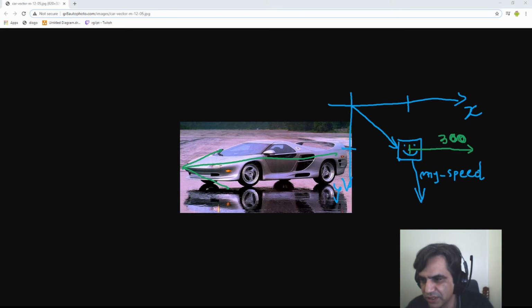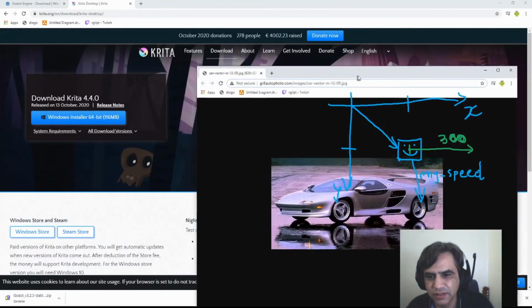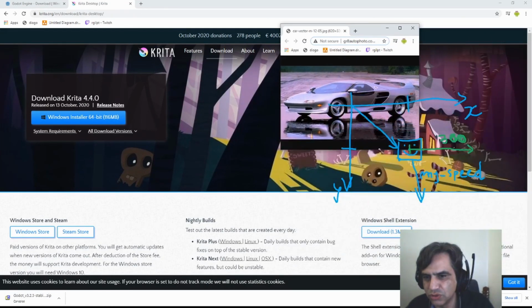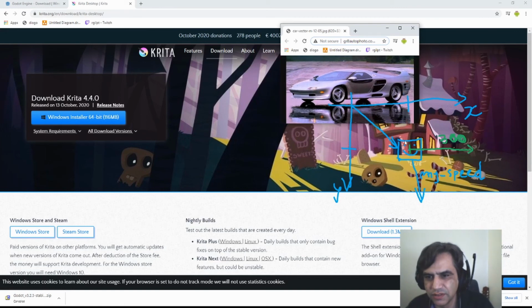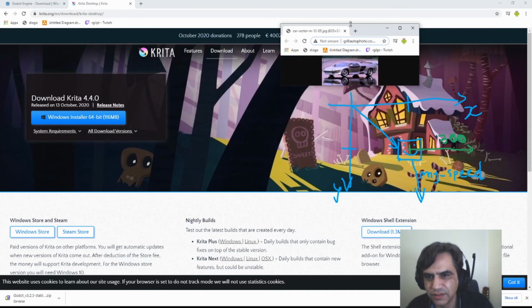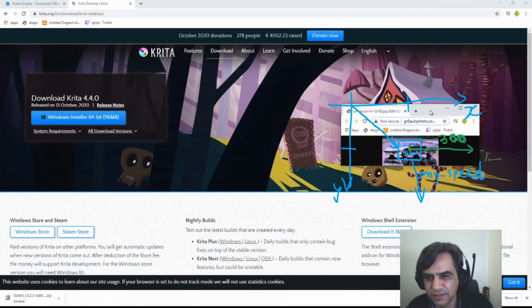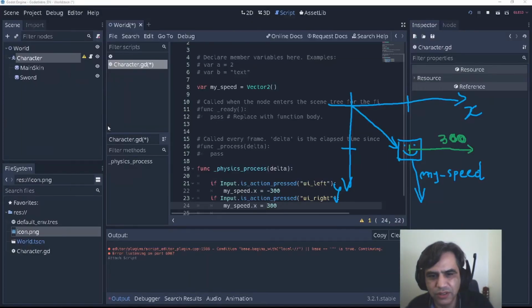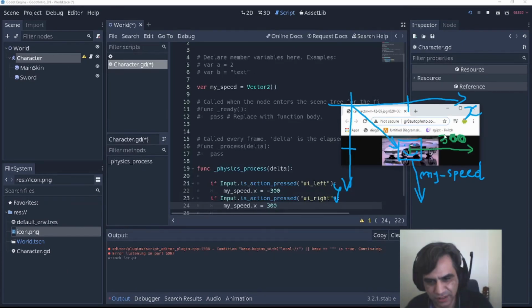So I'm going to delete this. Let's do something like this. Can I make this a little bit smaller? Let's see if I can do the Godot thing with this. Take a picture.